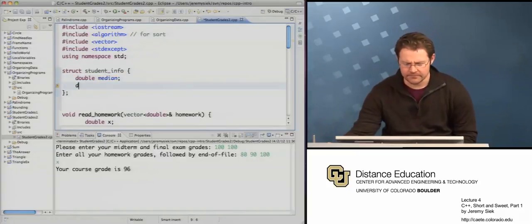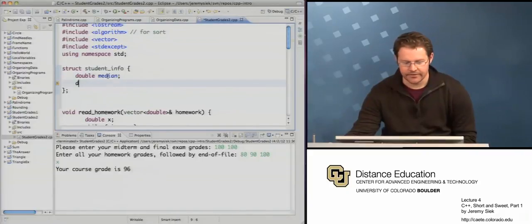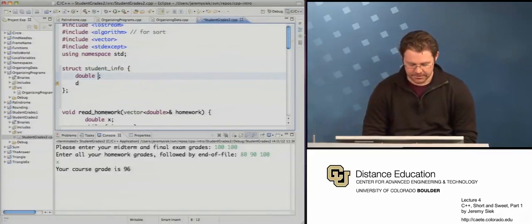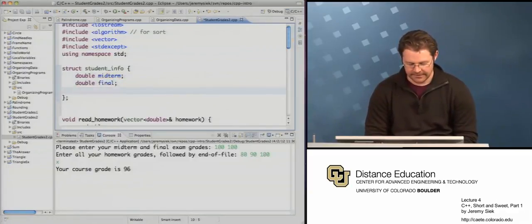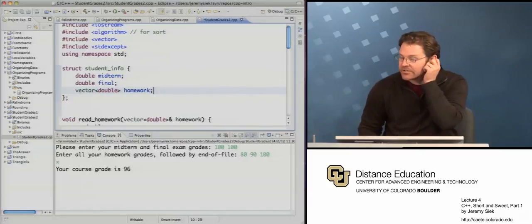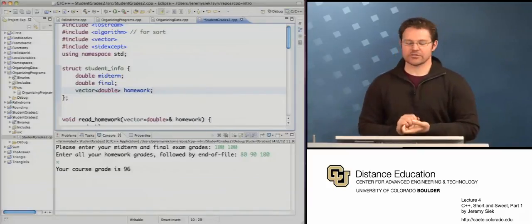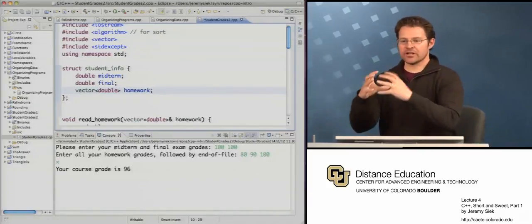Oh wait, no, not. Is that one of them? No. We want the midterm. It's a different M word. Final, and then vector double homework. Okay. So these look like variable declarations, but really what you should think of it as that student info